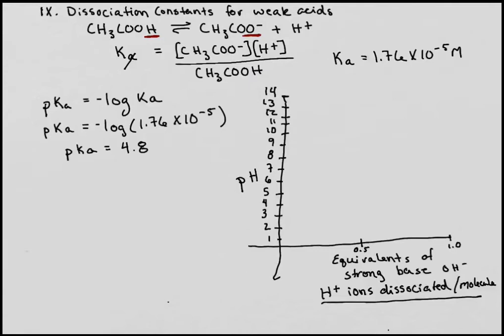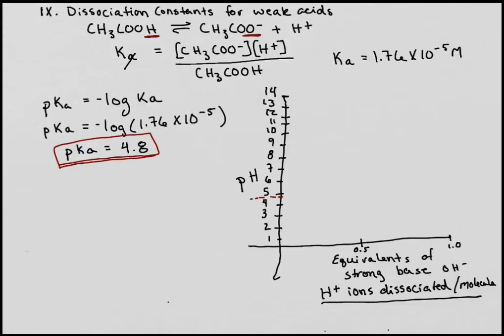At a very, very low pH, at pHs below the pKa value for this acid, the acetic acid will maintain its acidic proton. So looking here on our graph, if we note the pKa as about 4.8,